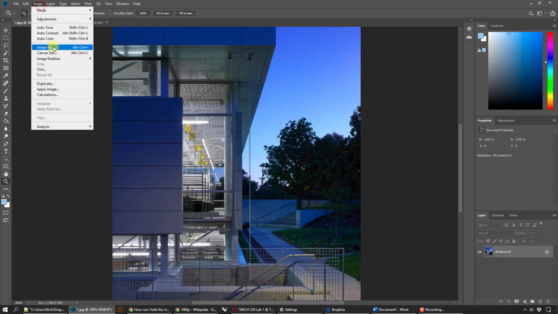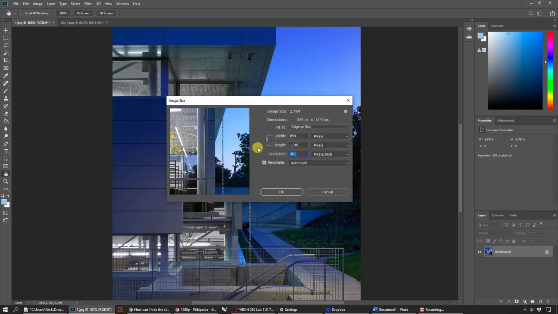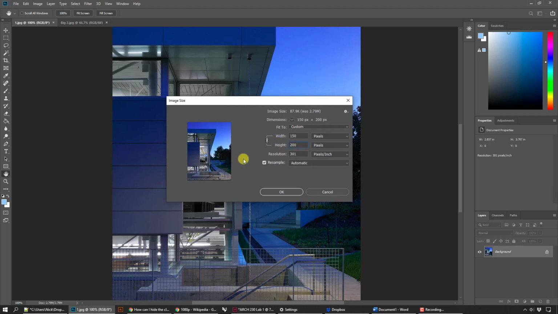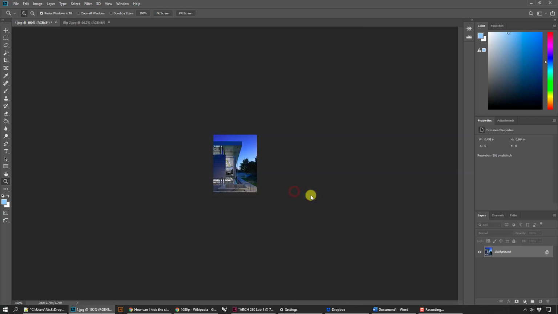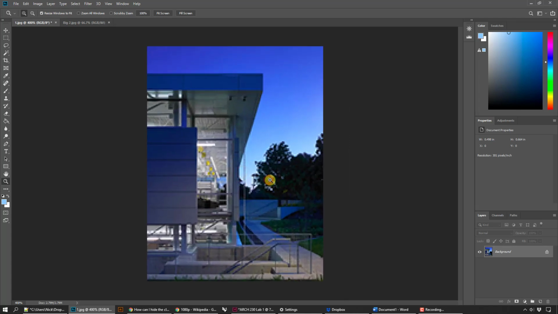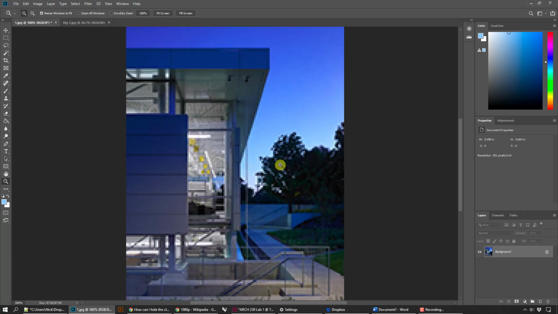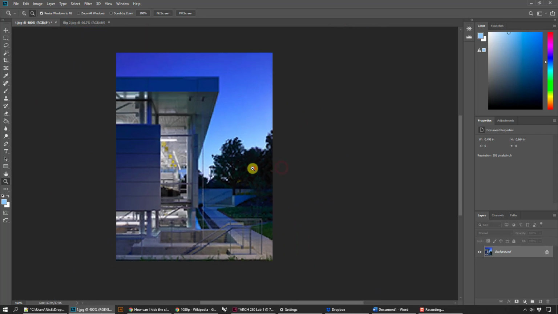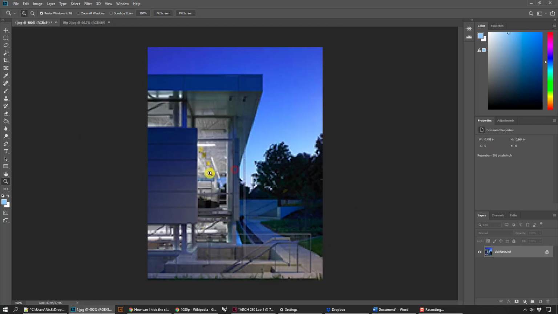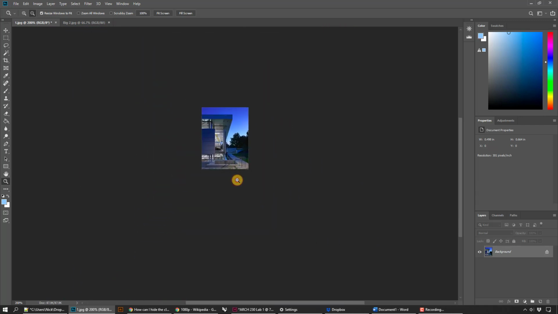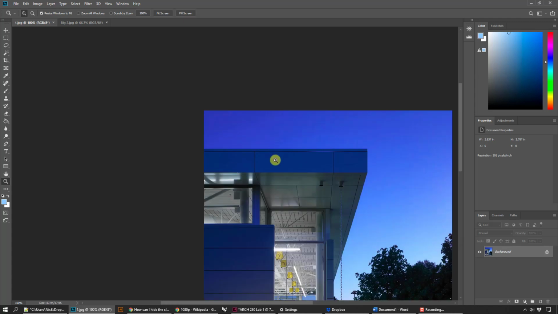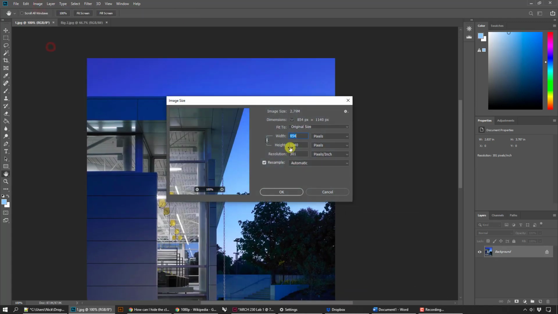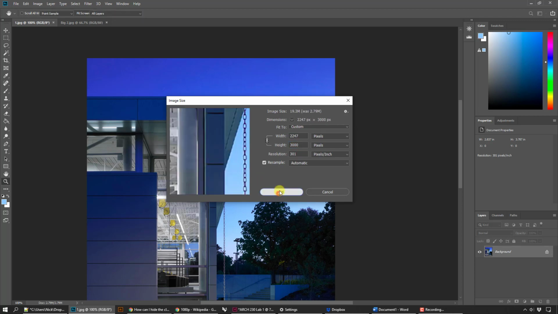So let's just say I'm going to shrink this image down to something really small, like 200. You look at it right now, it looks okay, right? But if I zoom in, you can see there's a lot less information in it, right? It's kind of blurry. I've lost that information, right? But it is pretty sharp. If I go back and I try to increase the size of the image to something